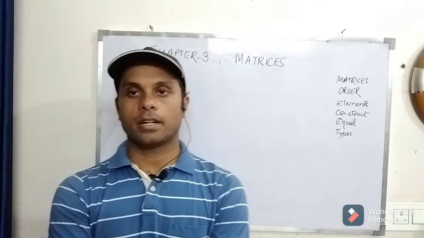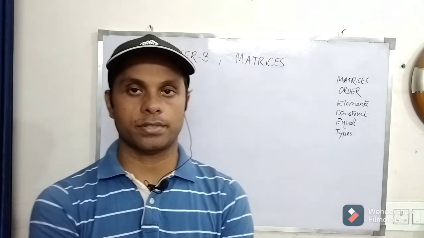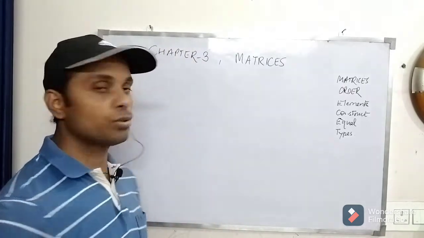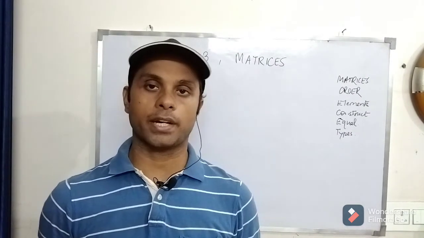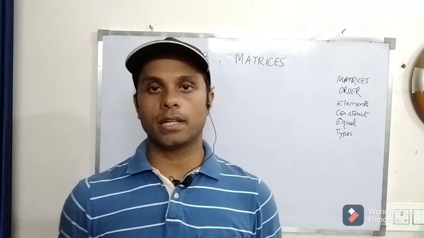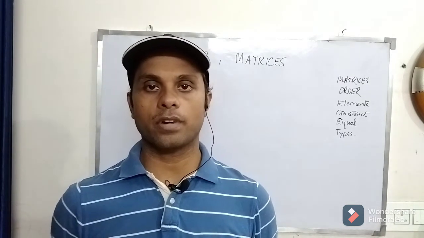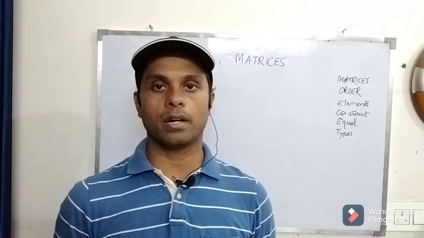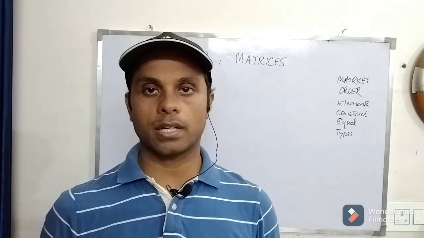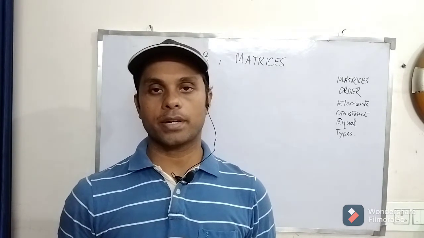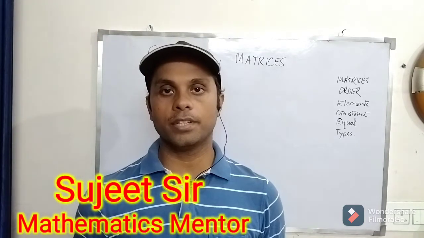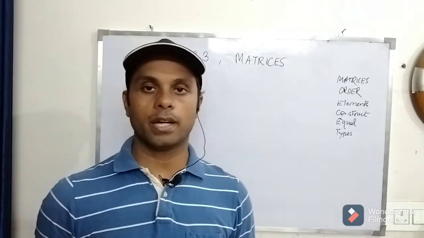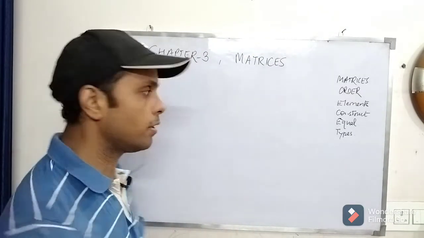ओके, आइए अब चैप्टर हम स्टार्ट करते हैं। मैट्रिसेस, चैप्टर नंबर 3 है मैट्रिसेस। इसमें हम देखते हैं कि मैट्रिसेस होती क्या हैं, एक मैट्रिक्स होता क्या है। A matrix is basically arrangement of elements in the form of rows and columns. एलिमेंट्स को जब हम रो और कॉलम्स के फॉर्म में अरेंज करते हैं वो मैट्रिक्स कहलाता है। सो आई रिपीट इट अगेन, अ मैट्रिक्स इज बेसिकली अरेंजमेंट ऑफ एलिमेंट्स इन द फॉर्म ऑफ रो एंड कॉलम। And it is denoted by capital letter of English alphabet like this: